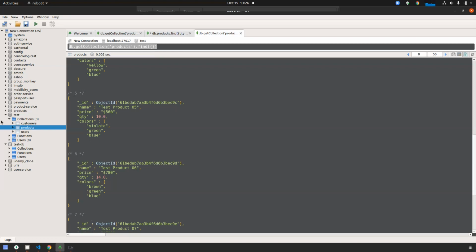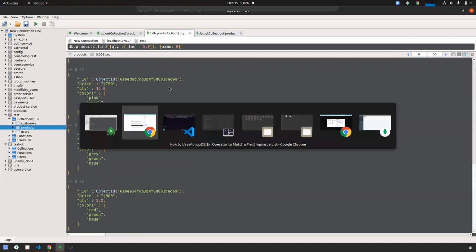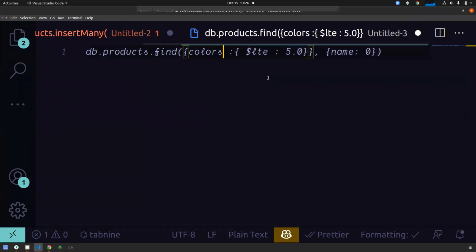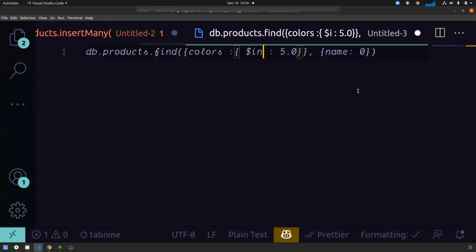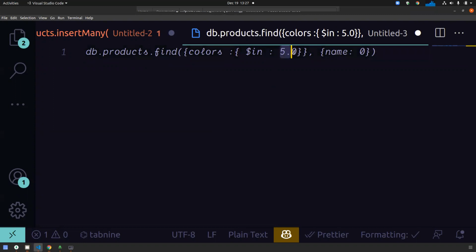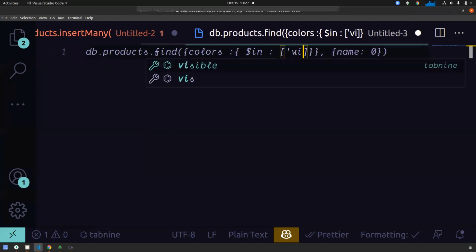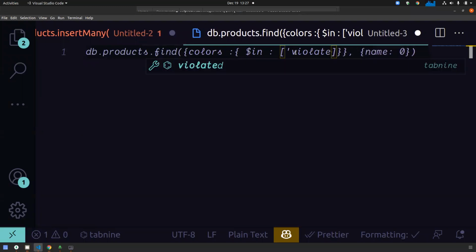So now I query again, find colors dot in, which are holding violet color.